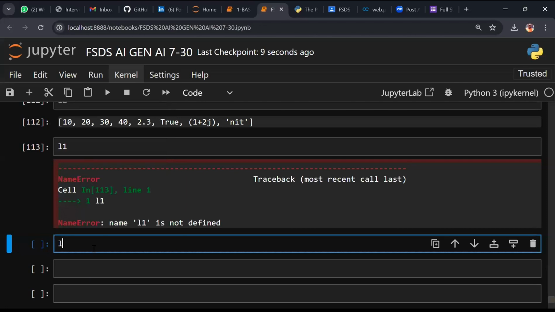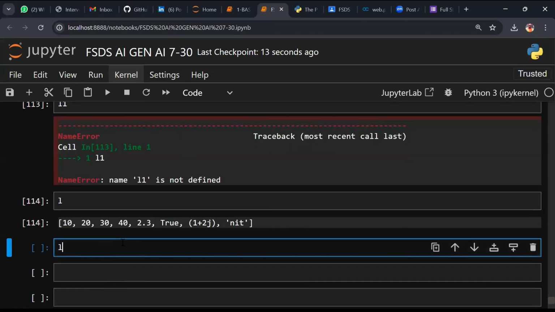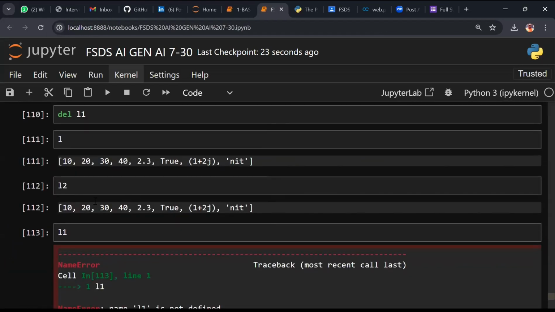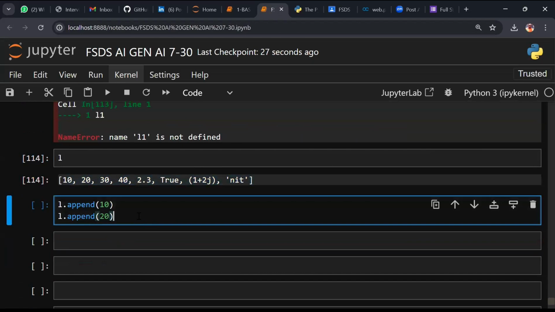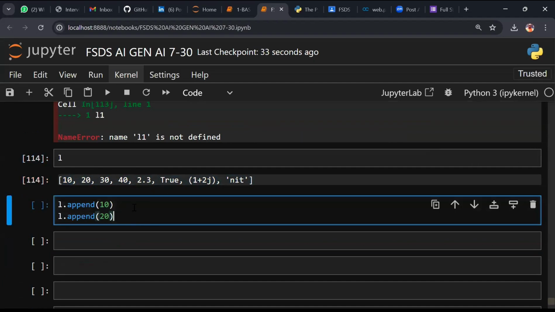Okay, now L execute. So here L dot append 10, L dot append 20. I have these elements. I want to add 10, 20 again. So 10 is already available in the list or not? I want to add at the end.